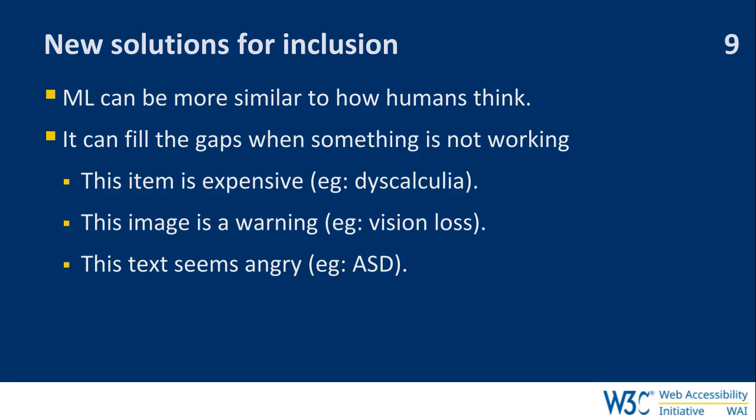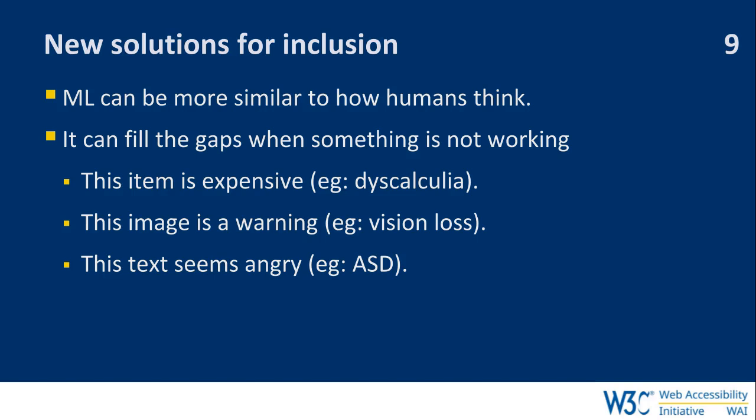So for instance, with people with dyscalculia, the area of the brain which processes numerical concepts is impaired. So they struggle very much with money and trying to figure out what's more, what's less, let alone what's expensive. So being able to make a judgment call on whether this item is expensive or not would be quite a long sequential algorithm with traditional computing. Something like machine learning might be better, and I know some bots that are working on that. So that kind of decision making, it could be supportive.